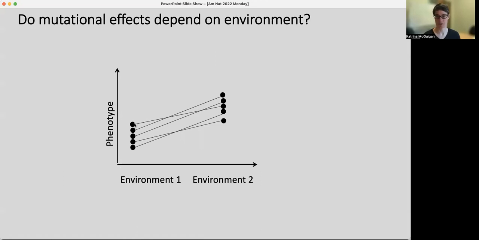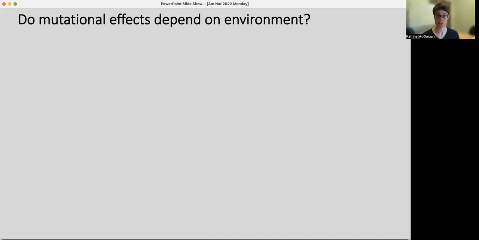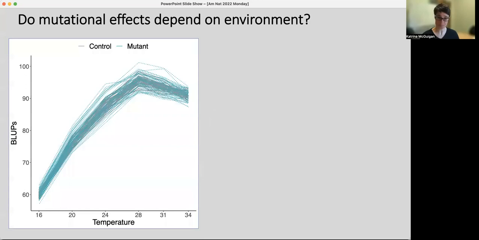So if we measure a bunch of different genotypes, their phenotype in two different environments, we can look at whether or not there's a difference in how much of a change there is in phenotype between environments, or if there's this crossing over where some genotypes have got high values in one environment but not the highest in other environments. So this is the kind of information that we're really looking at, but remember we've got a more complex design than two environments. So this is what the data really looks like.